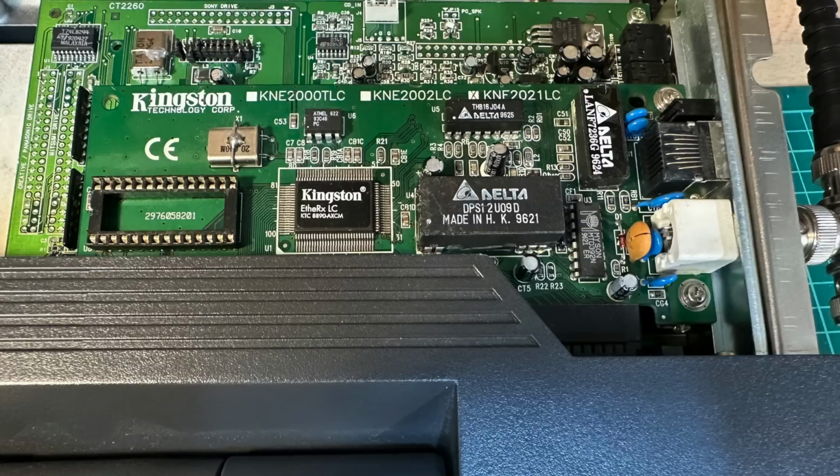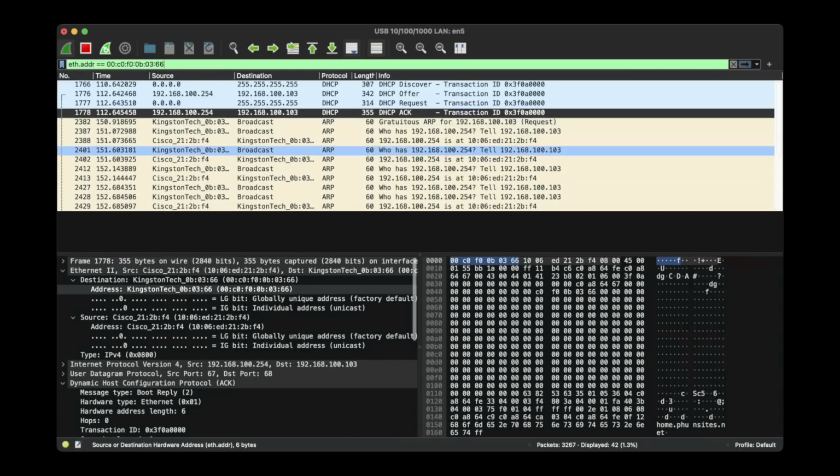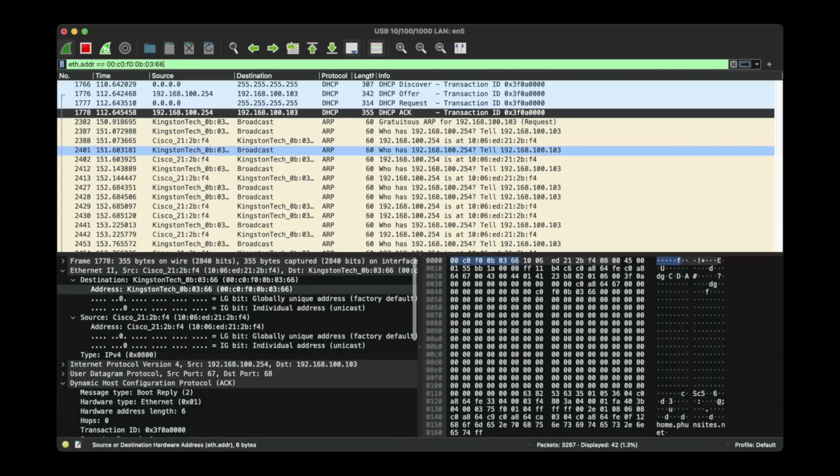During this early phase, I did lots of hardware swapping to rule out the hardware, so in the meantime the Kingston KNE 2021 was back to this machine, replacing the 3COM card. And going by this capture in Wireshark, I see two things happening while my ping is running. For one, I get to see the outgoing ARP request from the Kingston network adapter asking for the MAC address for the destination